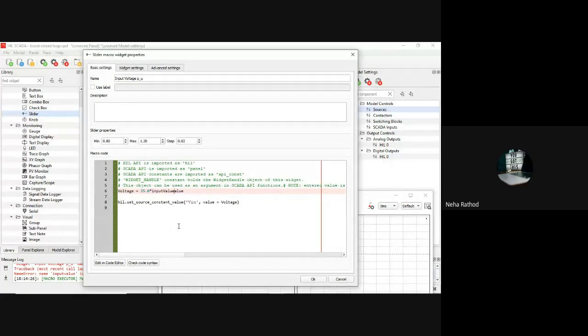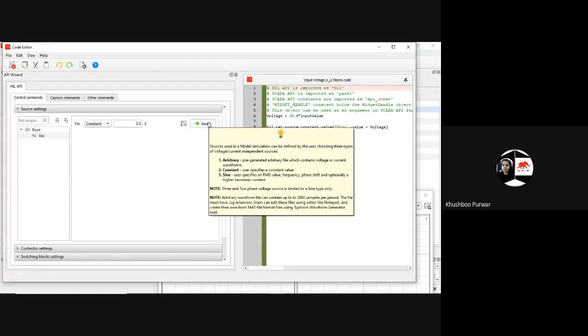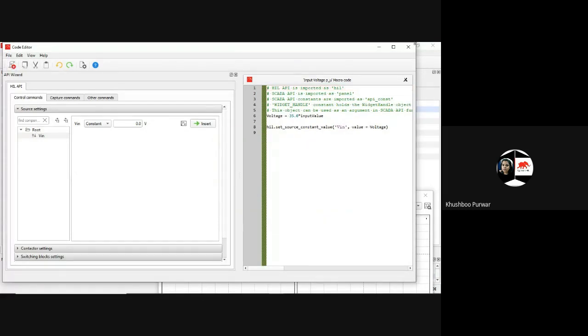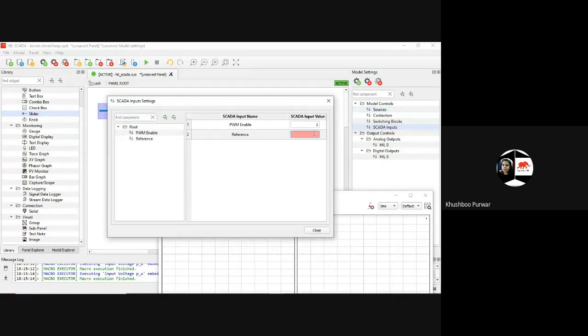Ma'am, we have to press the play button, that is the run button, then it will not show any error. I think. Just a minute, beta, because I have to enable the signal. That signal I am not able to enable it, because I have to multiply this voltage. Because of these things, now this will not show the error. Now here in the SCADA input, I have to give one value, that is a reference value which I will be giving.